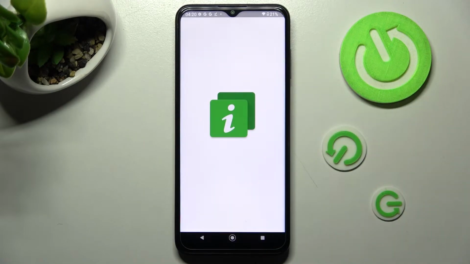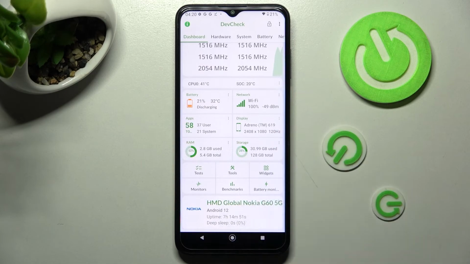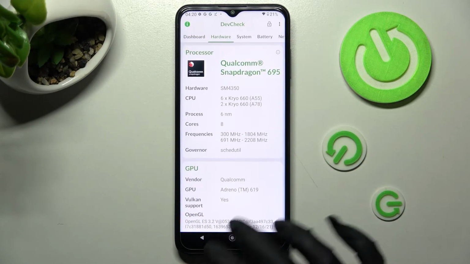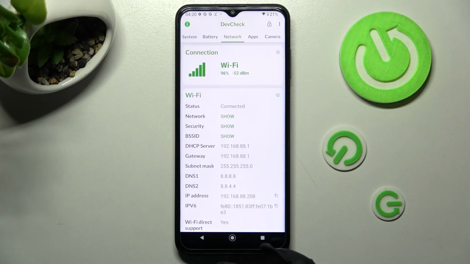Finally, thanks to this free app, you can learn all the information about your Nokia's dashboard, hardware, system, battery, network,